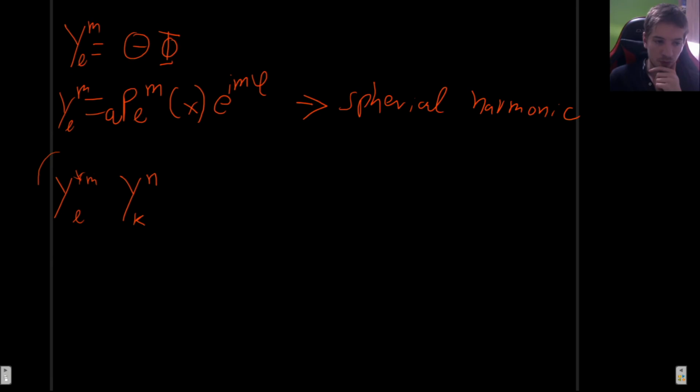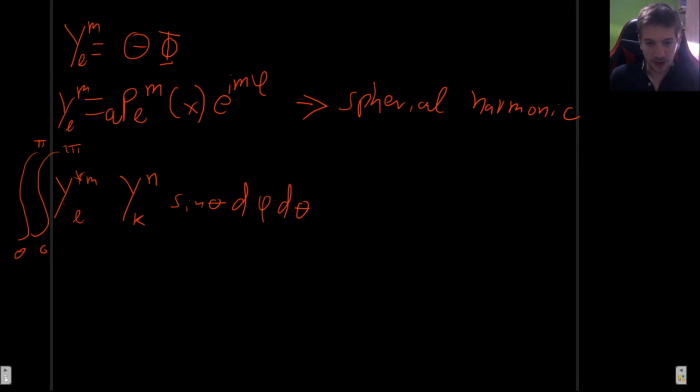We want, when we integrate this over all of space, which means between 0 and pi for theta and 0 and 2 pi for phi, with sine theta dφ dθ,